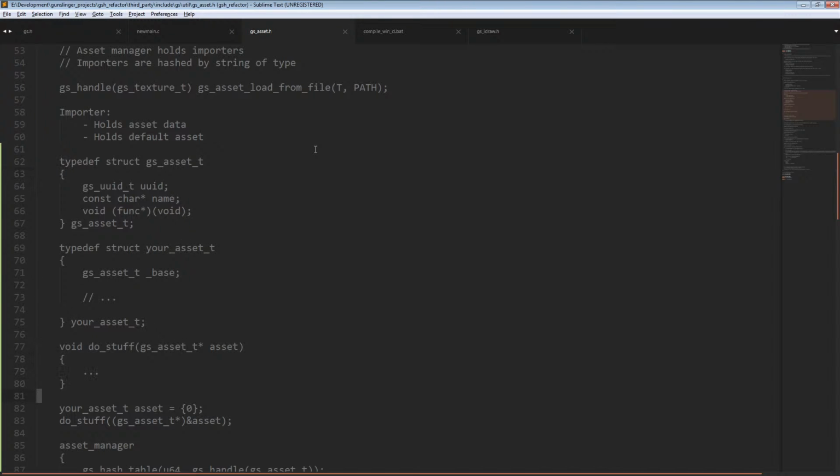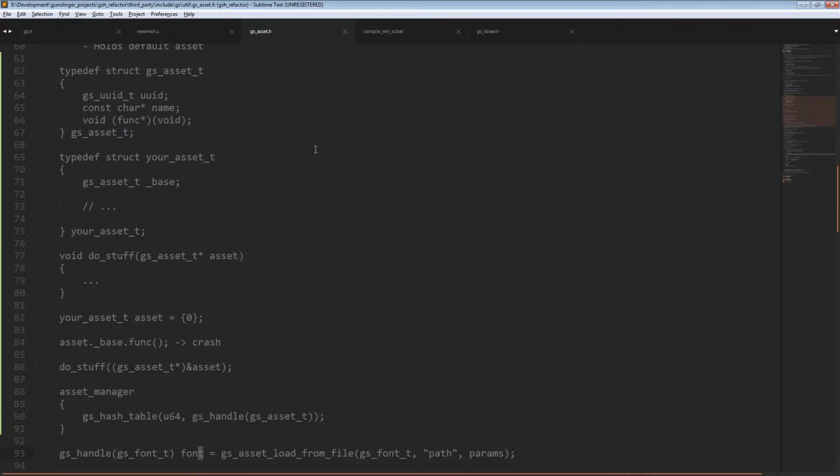And if the user just wants to do something like this, like what I just did down here, just an empty declaration, and then try to start using it, dot func, that's a crash, right? Because it's not set. But I like the ability to zero initialize anything and have it work, not have to worry about necessarily initializing it if you don't need to. There are some instances where that's not the case, so